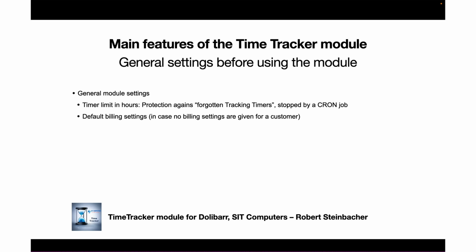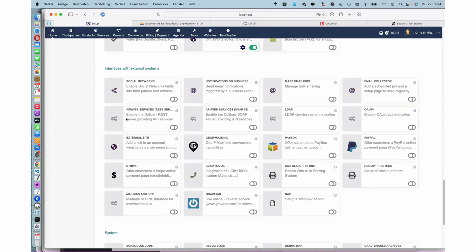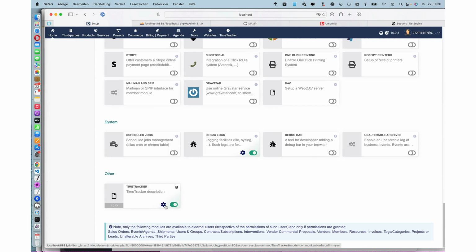Usually the billing settings like payment options and payment plan are given for a specific customer in the settings of that customer, but if no billing settings are given for that customer, we have some default settings in our module settings. If we turn to the module settings for the time tracker module,